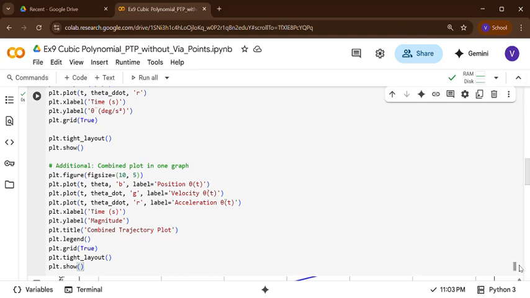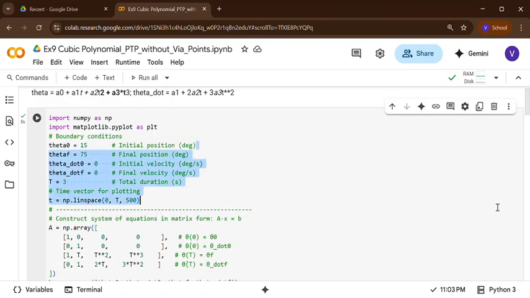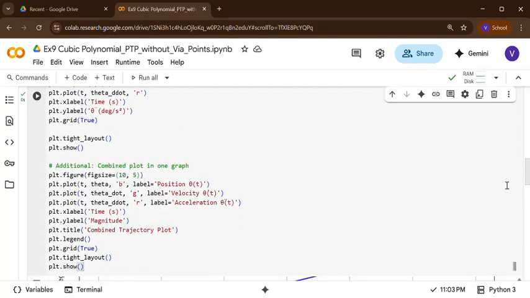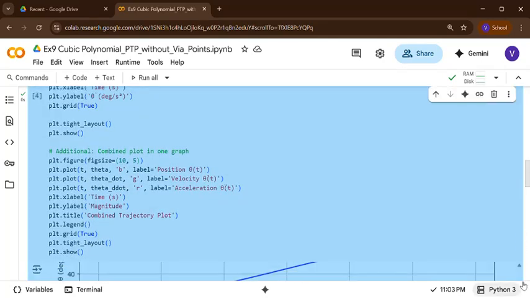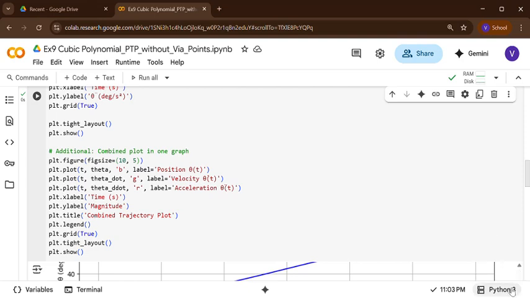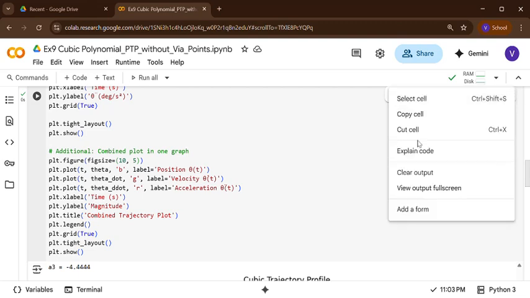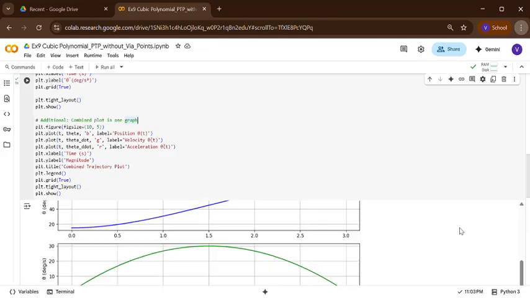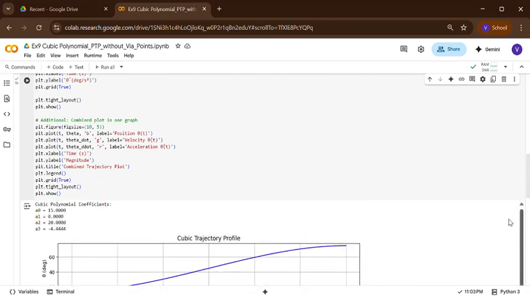Okay, so here, let me reduce the size. Okay, so here is the value.